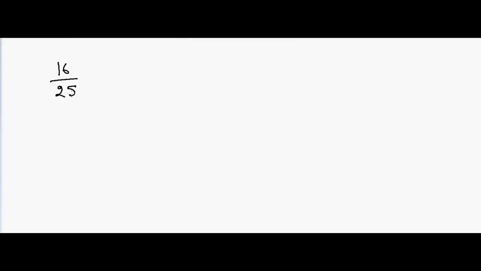Again, if I have to divide by 25, suppose I have 16 and want to divide by 25, how will I go about this? In that case, I can write it as 16 into 10 into 2 into 2 divided by 100, right? So here the double of 16 is 32, and then the double of 32 is 64, so the answer is 0.64. Again, if I have 4 divided by 25, that will be equal to 4 into double of 4 is 8, and double of 8 is 16, so 0.16.